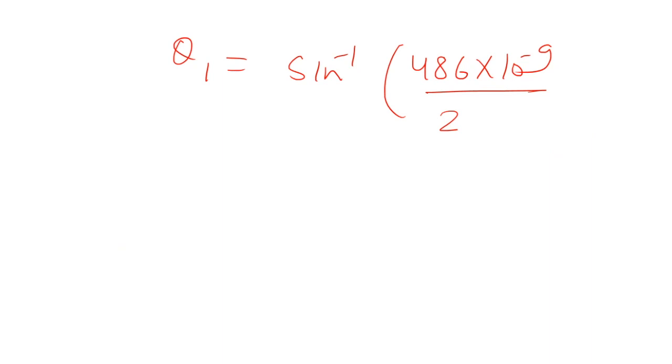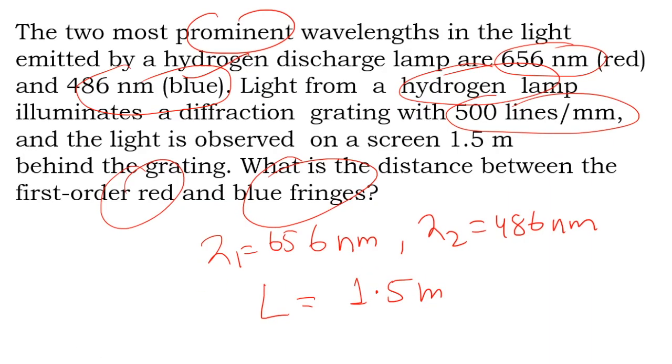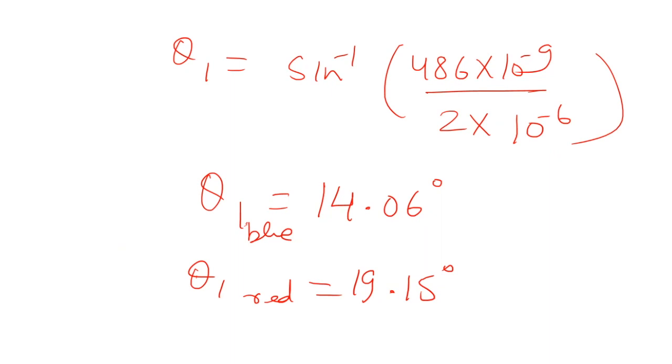Now again you apply the same procedure for our blue light. So theta 1 for blue will be sine inverse of 486 into 10 to the power minus 9 divided by 2 into 10 to the power minus 6. So theta 1 will come out as 14.06 degrees for blue, but theta for red was 19.15. Now the question asks what is the difference between first order red and blue fringes. You can see from the angles that the blue fringe will be